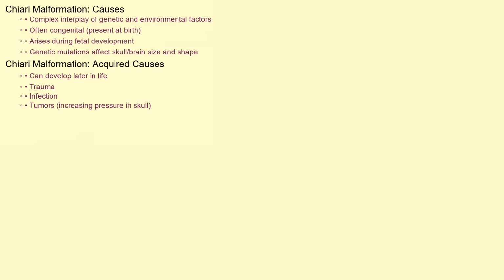Chiari malformation isn't caused by a single factor, but rather a complex interplay of genetic and environmental influences. In many cases, it's considered a congenital condition, meaning it's present at birth, often arising during fetal development. This can be due to genetic mutations affecting the size and shape of the skull or brain. In other instances, Chiari malformation can develop later in life, acquired through trauma, infection, or tumors that increase pressure within